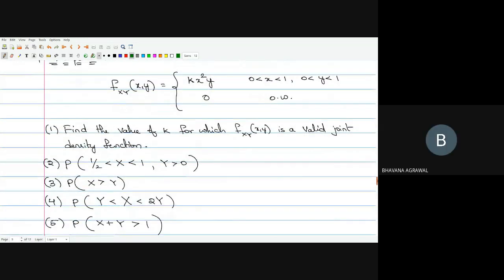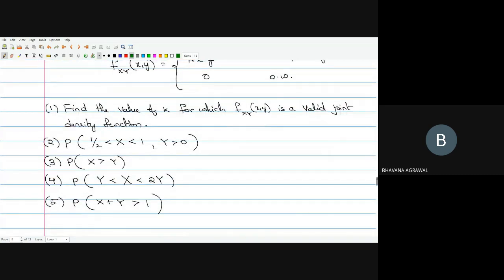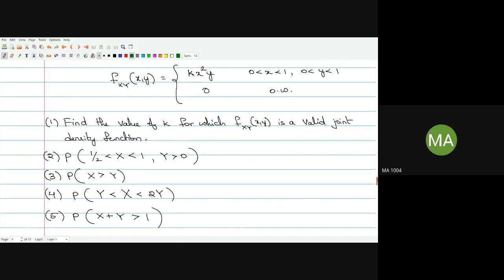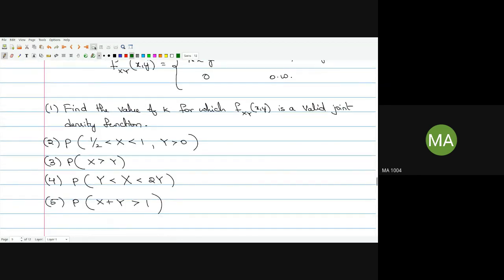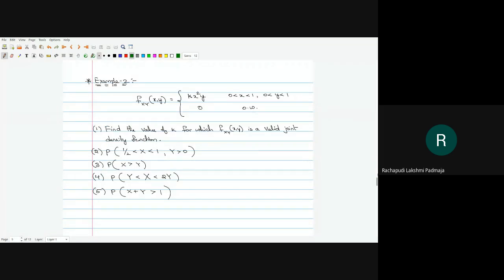Marginal density. So in this question, the fourth option, x is y to 2y. Fourth question: what is the probability that x is between y and 2y? If you want to take the screenshot right now, you can take it and try solving it now. Yes, sir, please show us. You just take the screenshot and try it. For the next session, try to do all the 5 questions.